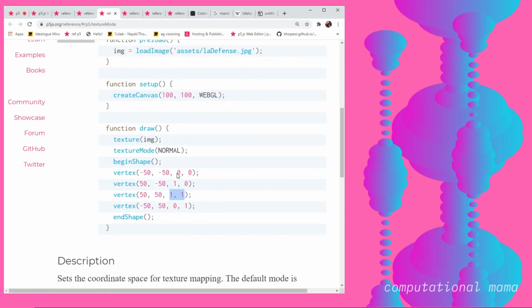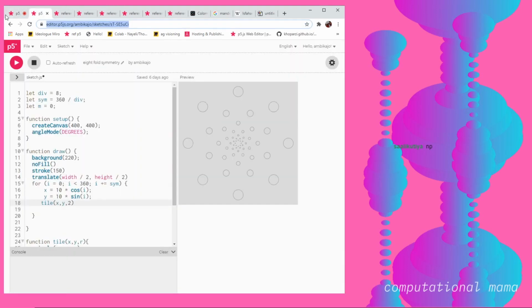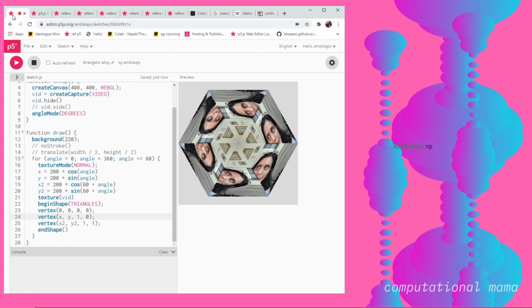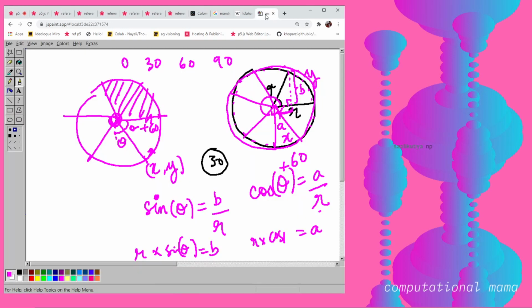Oh, I think I've understood what's happening here. Anushka, you tell me if it's wrong. In the UV mapping, basically, you're just putting the location of the image onto that by normalizing it from 0 to 1. Have I got it right? So for example, they have said 0, 0, 1, 0, 1, 1, and then the last one was 0, 1. Okay. So basically, at the first point, your image is also mapped like this.